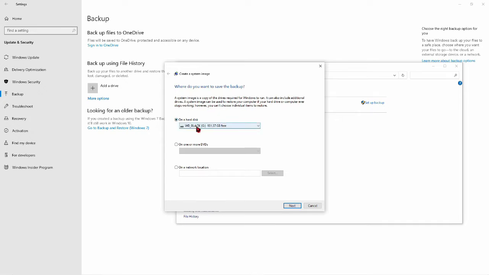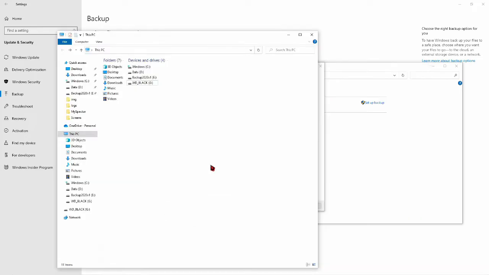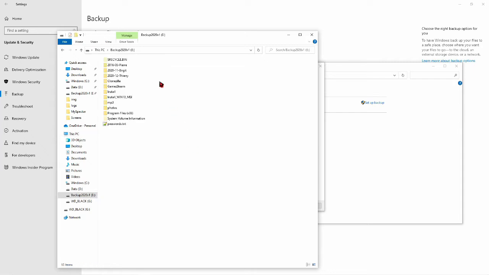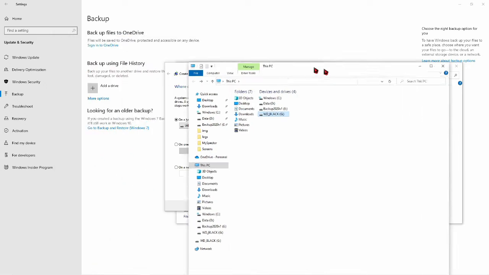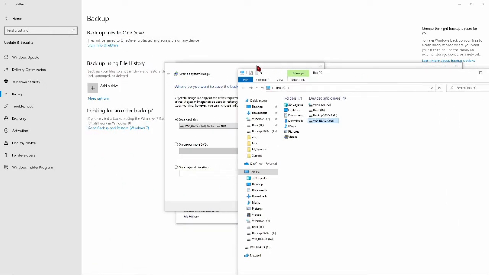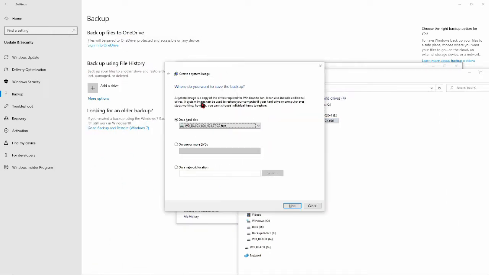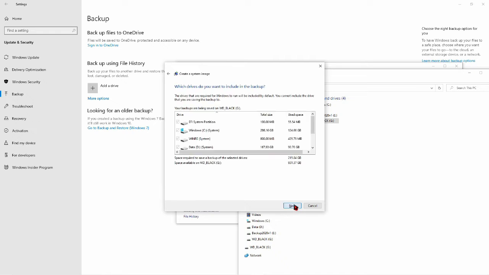So I want here, you see my target. My target here is my WD Black, and I will not select my backup drive because my backup drive is in fact a drive that I am using. It is this one where there are some files already. So I will use this as a pivot to make a system recovery on a hard drive. So I'm going to make this here, next.